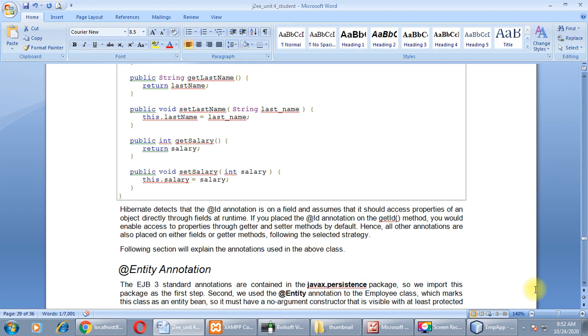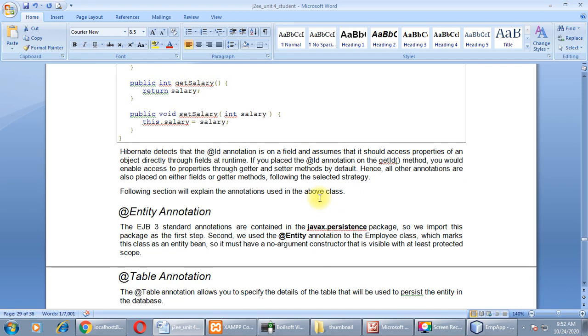Hence, all other annotations are also placed on either field or getter method, following the selected strategy. Here in this section you can see the explanation of all the annotations we have used in our POJO file.